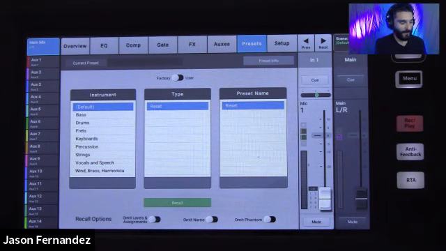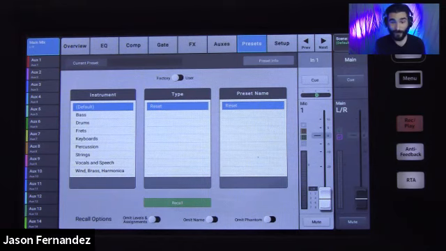So just a quick overview of the preset creation process. The presets were created in live environments with real musicians using active monitors and PA systems. So what they do is they'll give you mix-ready channel settings with just the touch of a couple buttons here. Now they may not be completely perfect every time, but it will always get you at least 80% of the way to a complete channel setting. So that is a huge head start.